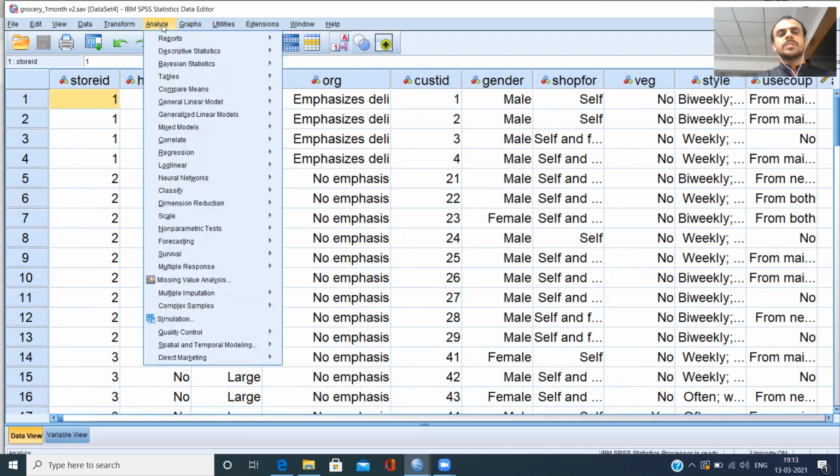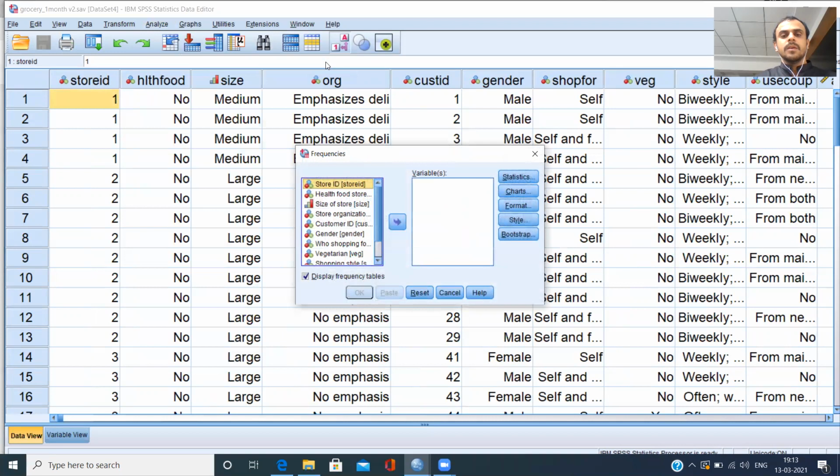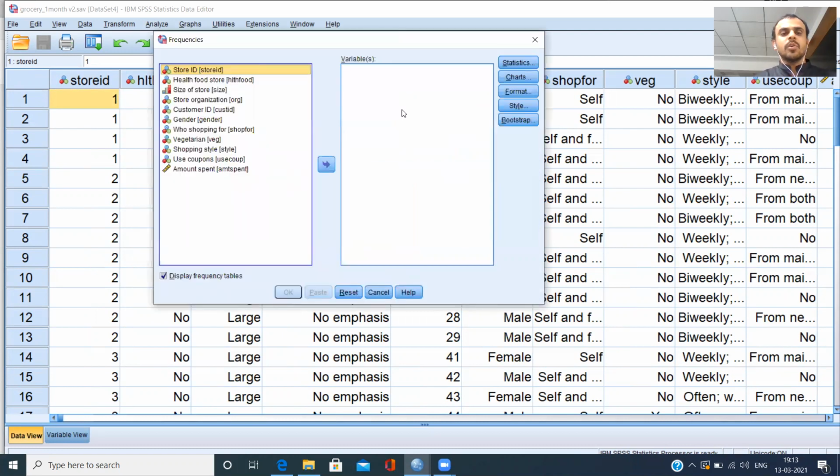do is you can just click on the option Analyze. Second option here is Descriptive Statistics. Please choose the first item here. You see a lot of items here. You don't need to worry about all these things. You can choose the first item here, frequencies. Now, within this option, frequency, you get to see a lot of categorical variables here. You can choose any of the categorical variables here. I'll choose the option size of the store